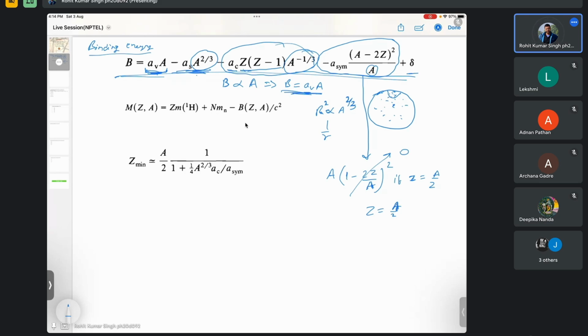This is another stability condition that the nucleus has. To incorporate this symmetry, we have this term, and if the nucleus deviates from this condition, then this term will contribute, and it will lower the binding energy. Okay,